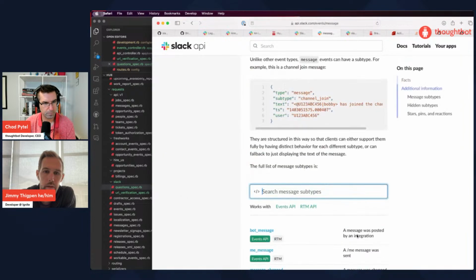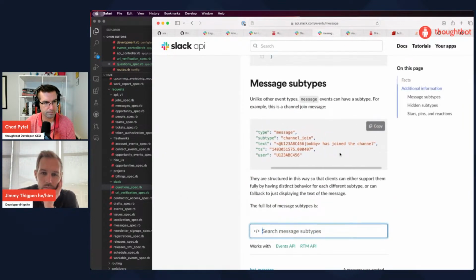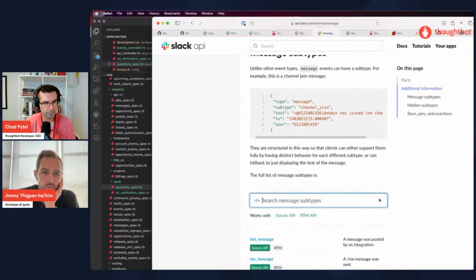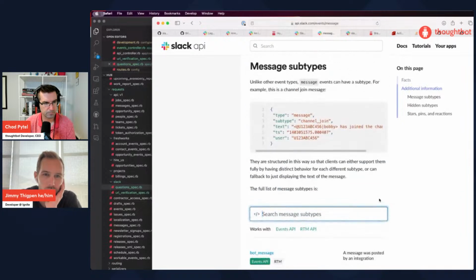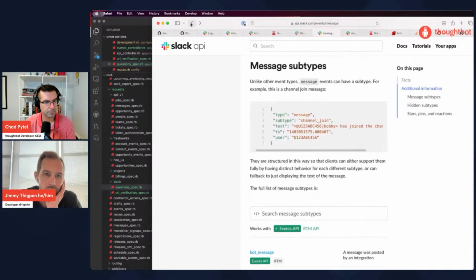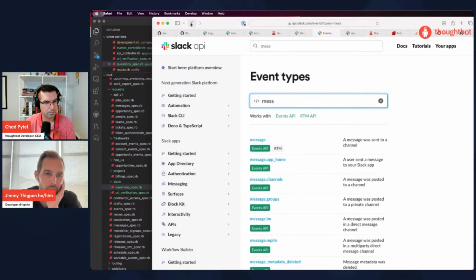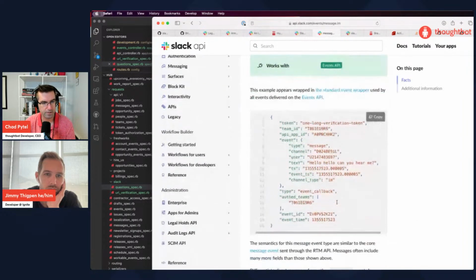Well, that's the Slack method. Where are you looking right now? I was just looking at the events documentation, but that's the documentation for an individual event. Here, this matches what we're getting. Yeah.